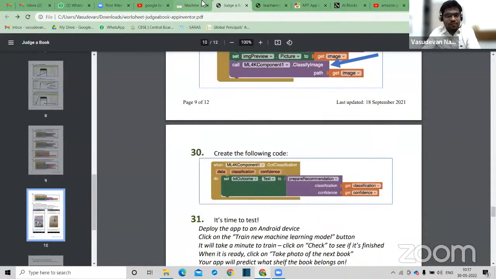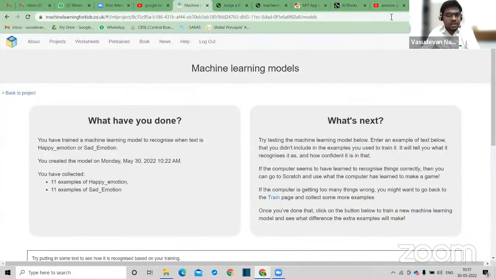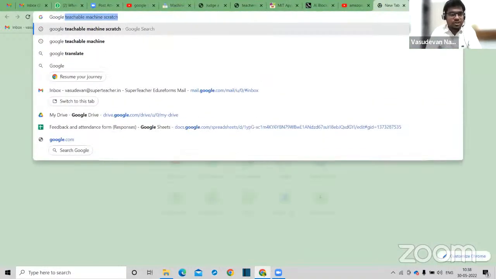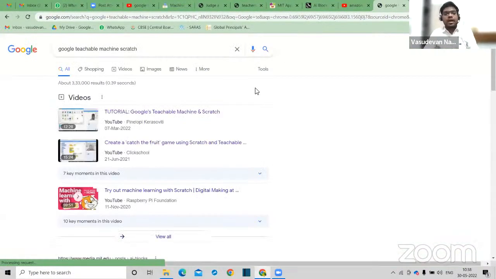But before going ahead with this particular model, there is another fantastic app to which you can transfer it. That is the next part of this, which I'll continue right now. That particular thing is called Google Teachable Machine. We all know that yesterday we did an activity on Google Teachable Machine, wherein we tried to make a happy and sad face. Can we transfer that program to Scratch? Absolutely, yes, we can do that.